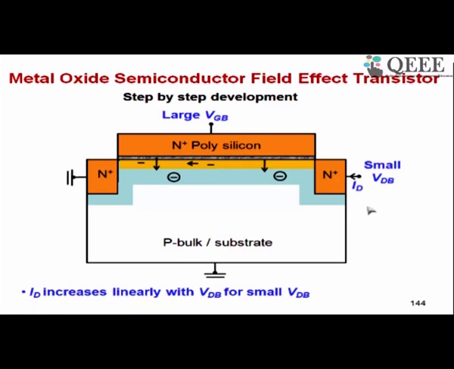Now you apply a voltage to this end as compared to this end, VDB. Now note here that B is bulk, this terminal. So we are applying a voltage with respect to bulk. Now the same thing can be considered as a voltage with respect to source also, because this terminal, which is called the source, is grounded.